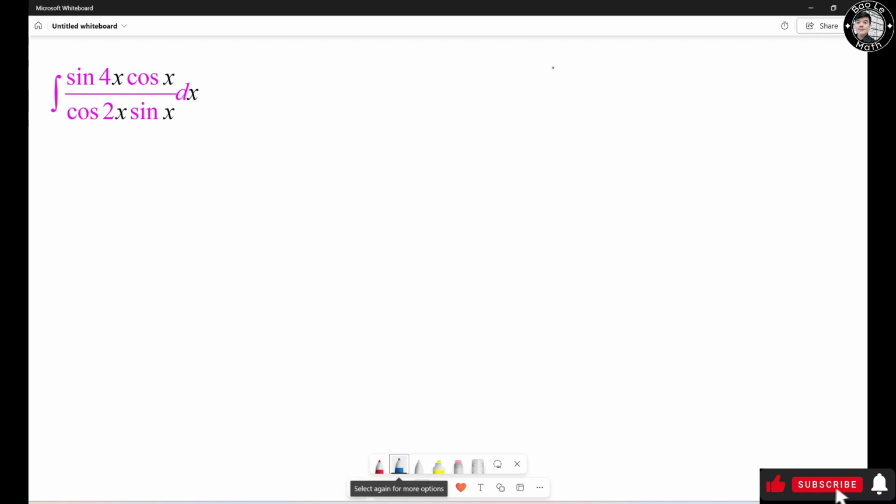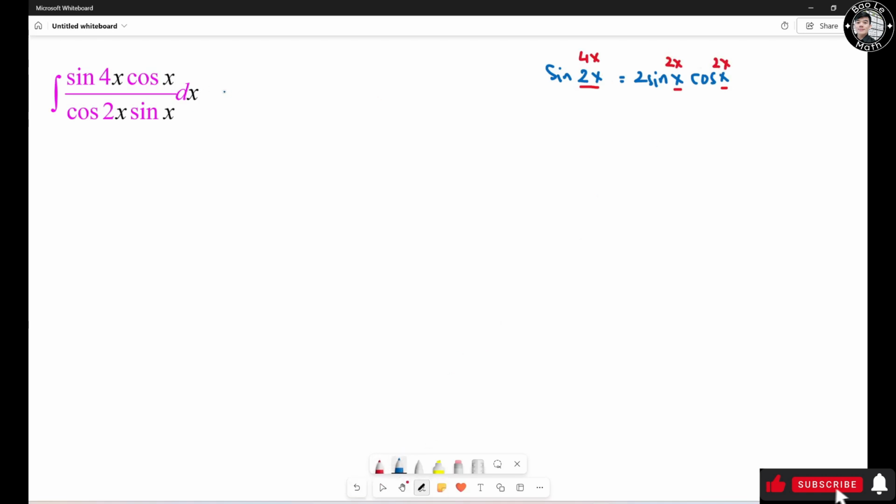Recall we have the formula sine 2s equals 2 sine s cosine s. This one is the double angle formula. Now, observe that this angle right here is always double this one and this one, right? So if you have sine 4s right here, this must be 2s, and this must be 2s. So I'm going to rewrite this one over here.